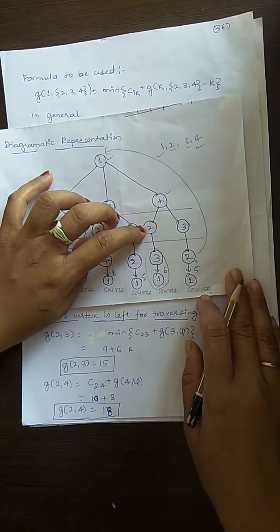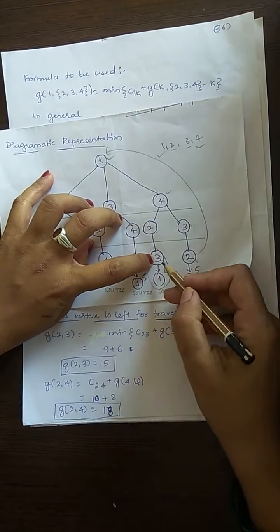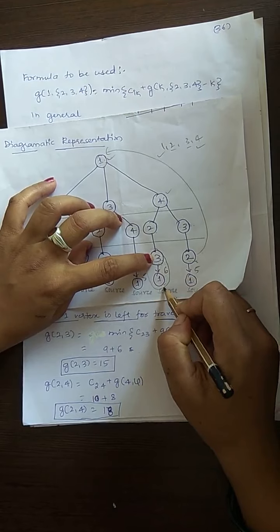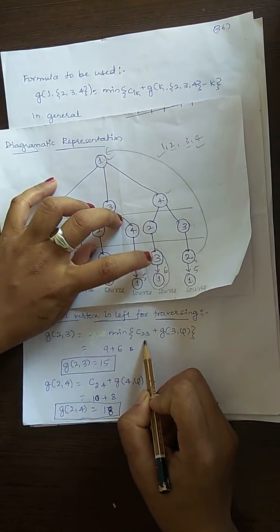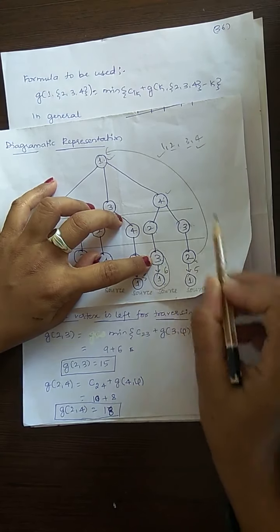So now we reached 2 here. From 2, still I have to traverse to 3. From 3, where do I have to traverse? From 3 I have to traverse to the source node. So what is the minimum distance from 2 to 3, and what is the distance still remaining from 3 to the source node?